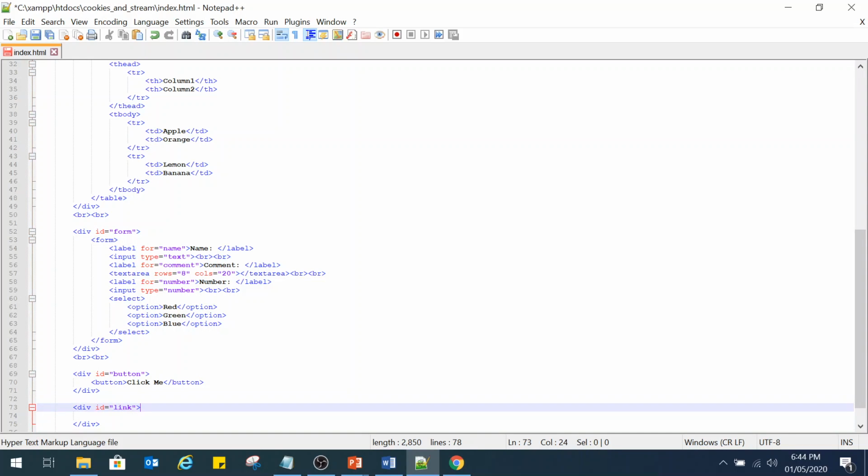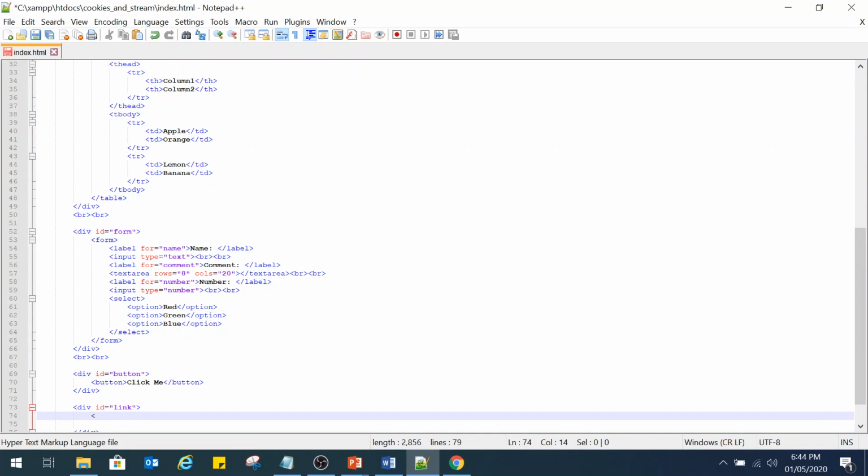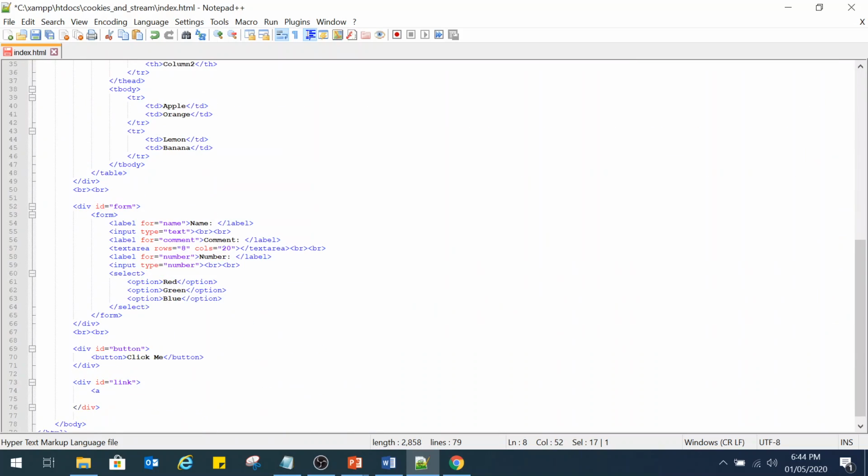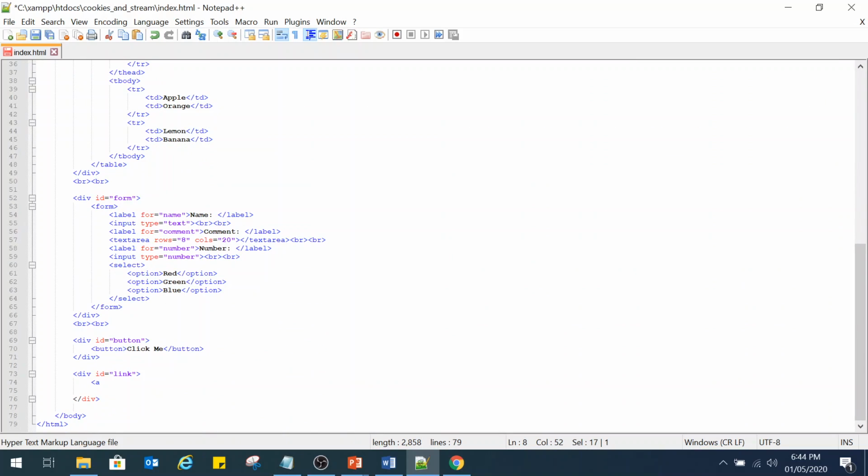Now for links, we use a tag called an anchor tag. It's just an A, and we specify where the link needs to go to. So remember, initially, let's go back up. We had our href attribute. So we'll be using the very same attribute to specify the URL of the page you want this link to go to. So we say a href, and now let's just call it, let's go to Google,